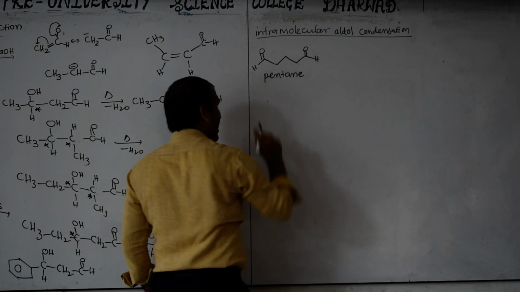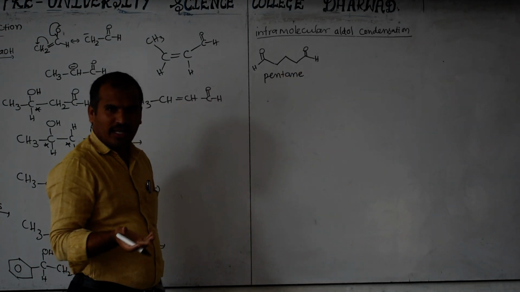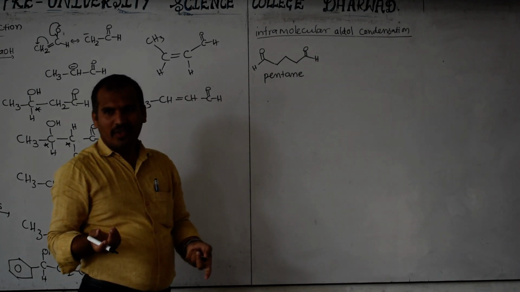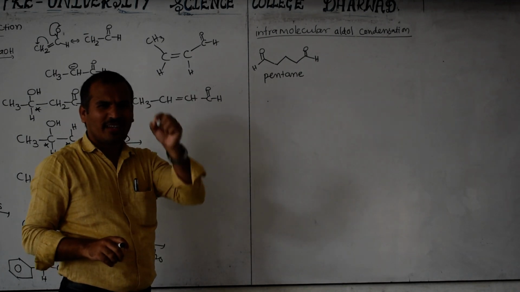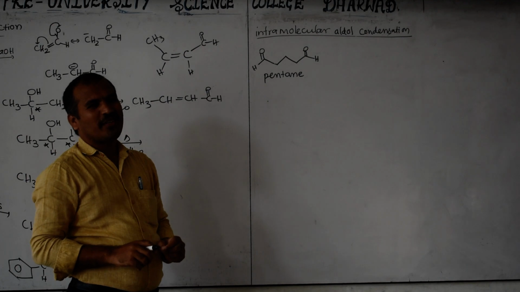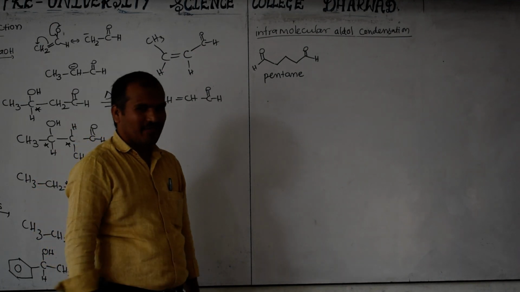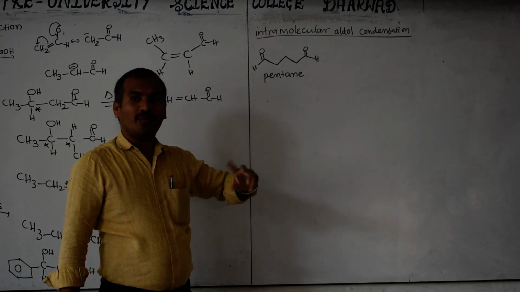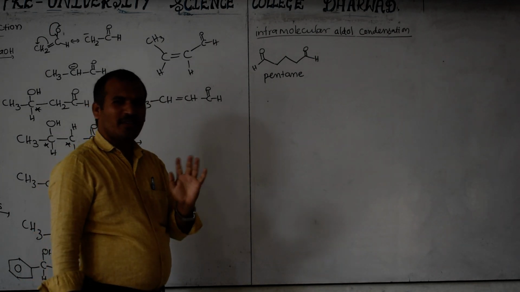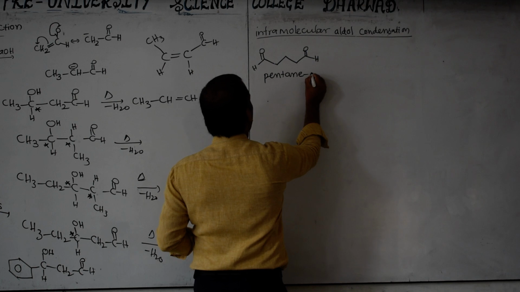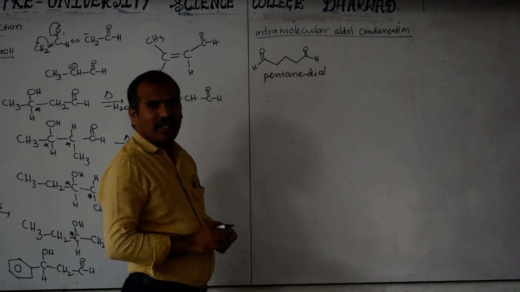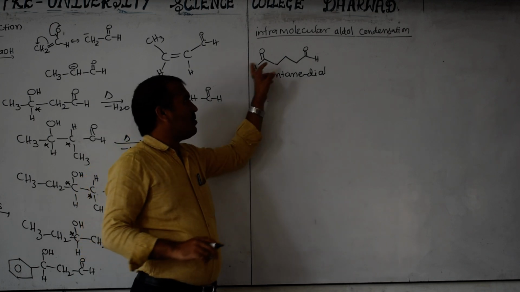Here the E will be retained when more than one functional group is there, the same functional group. Here the E is not there, that is wrong. That is also kept out. Small, but very important. These are important for the exam. They will give four options and ask which is the correct name. Without E they will give, with E they will give, both are correct or none. Like this, options they will create. Pentane di, two times is there.